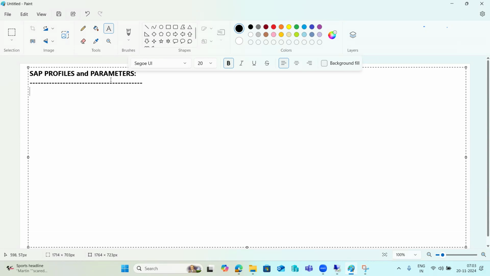So the profiles contain parameters. The profiles contain the parameters of SAP. In SAP we have two instances, right? There are two types of profiles available in SAP. One is the default profile, and the second one is the instance profile. So what does the default profile mean? All the default settings which come as part of the